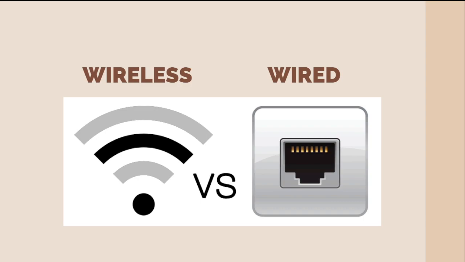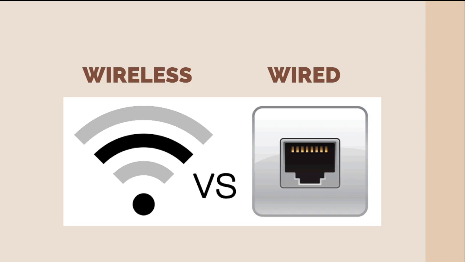These allow for greater flexibility in terms of device placement and mobility, as devices do not need to be physically connected to each other. However, wireless connections can be more susceptible to interference and signal degradation, which can result in slower speeds or dropped connections. Another key difference between wireless and wired technology is the range of the connection. Wired connections are limited by the length of the cables, whereas wireless connections can typically extend over a larger area, depending on the strength of the signal and any obstacles that may interfere with it.